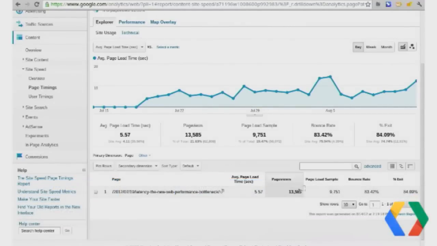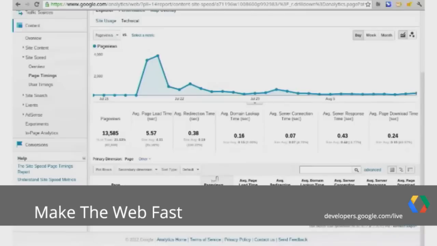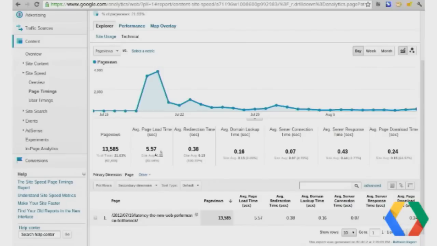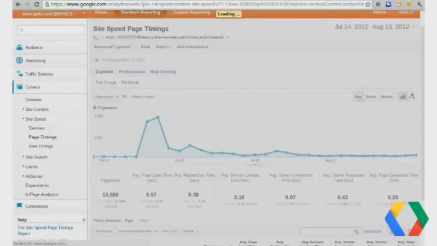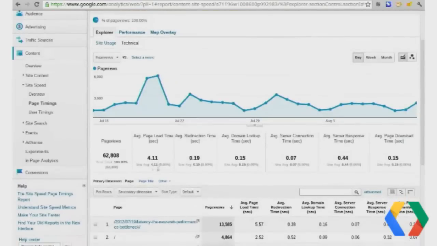So in here, we can also drill in. We're looking at page views, average page load time, but what about the other metrics, right? So you can go into the technical drill down here. You want technical? We've got technical. Yeah, we've got technical, that's for sure. And you see just for this specific page, averages for loading time, redirection time, lookup times, 50 different times. And then you can graph or compare these metrics against any other metric that you have in Google Analytics, which is really cool. So we're looking at all pages versus any specific page. So that's kind of one first tip.